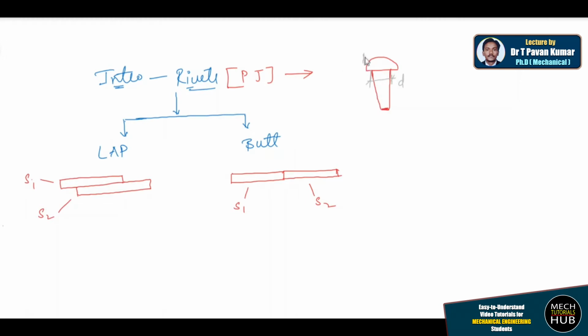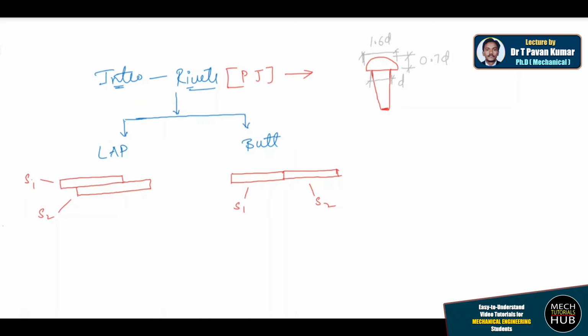Similarly, this is the diameter of the snap head. This is the height, and this height is 0.70 D and this is going to be 1.60 D. Likewise you have different types of headed rivets, but in this session I'm going to talk about a snap head. If you understand one single headed rivet, then all others become so simple. The only thing is how we are going to position the rivet to fix two sheets. That is the only criterion. If you could understand this, then everything becomes very easy.